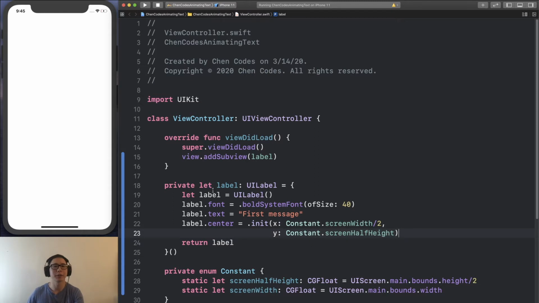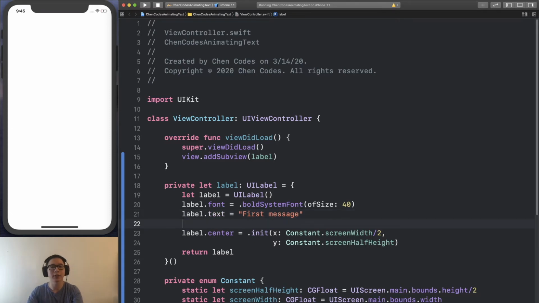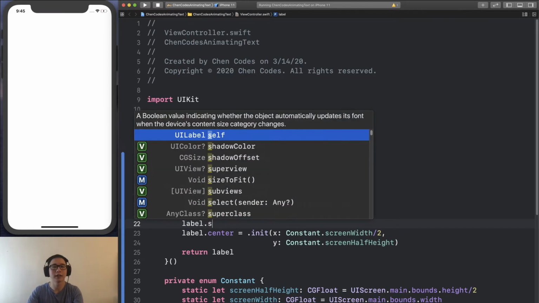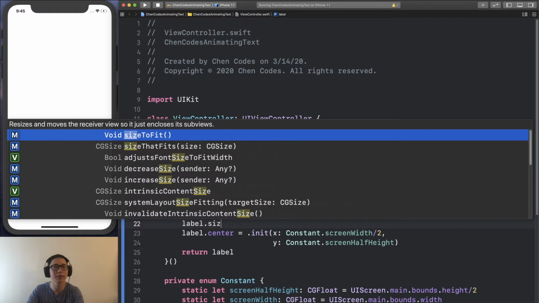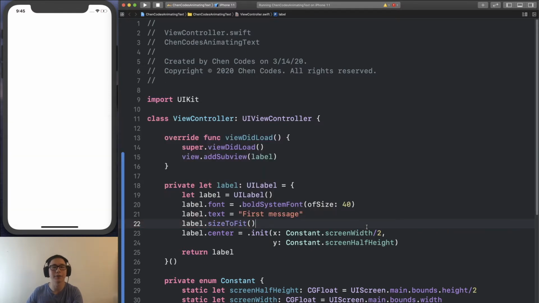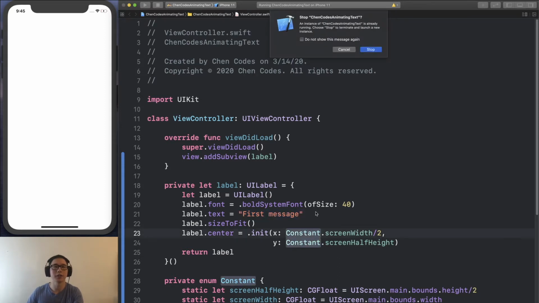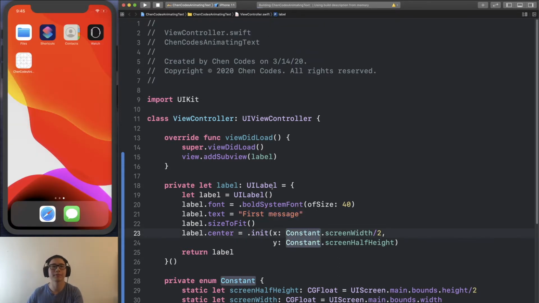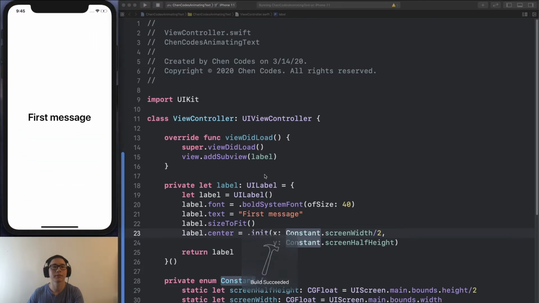And the reason that is, is because we haven't defined a size for our label. So the label is in the middle of the screen and just has no size, so you can't see any of the text. In order to resize this, we're going to use label.size_to_fit, which resizes and moves the receiver view so it just encloses its subview. Basically, you call this function on the label and then it'll resize to fit the text that we defined, which is first message. So if we run the app one more time,